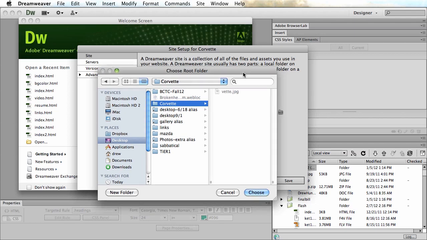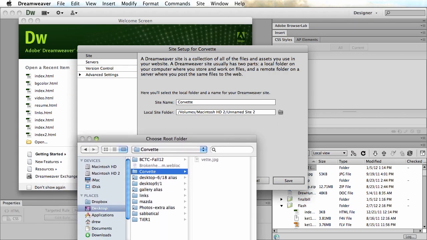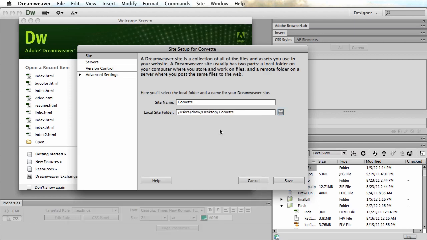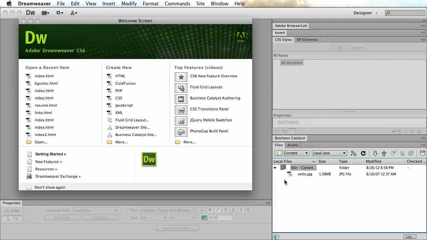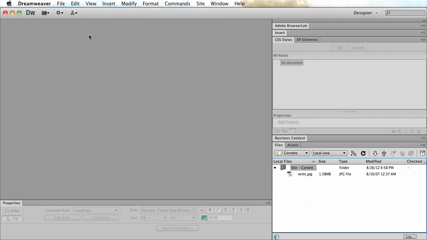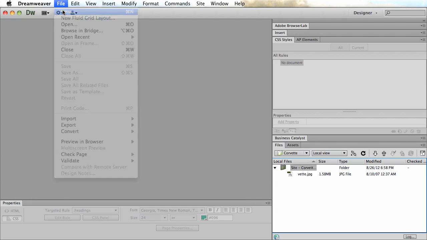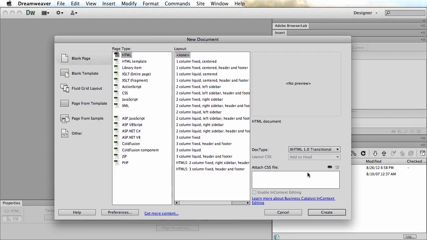Now, if you did not already have your folder, you can go ahead and generate a folder right here and choose your website. So don't forget that your website needs to be a folder, and that's what you designate for your local site folder, also called a root folder. Click Save. Then you may have your dialog screen up right here. If not, I always recommend just go to File, New. I'm going to choose HTML5 for my demonstrations, and I'm going to just choose HTML layout none